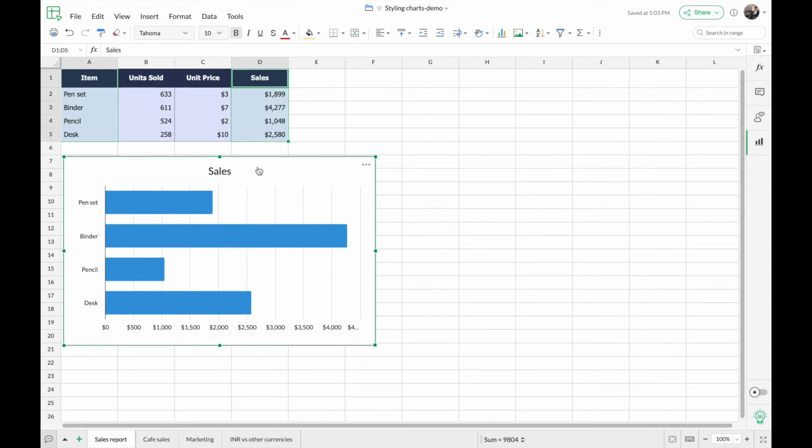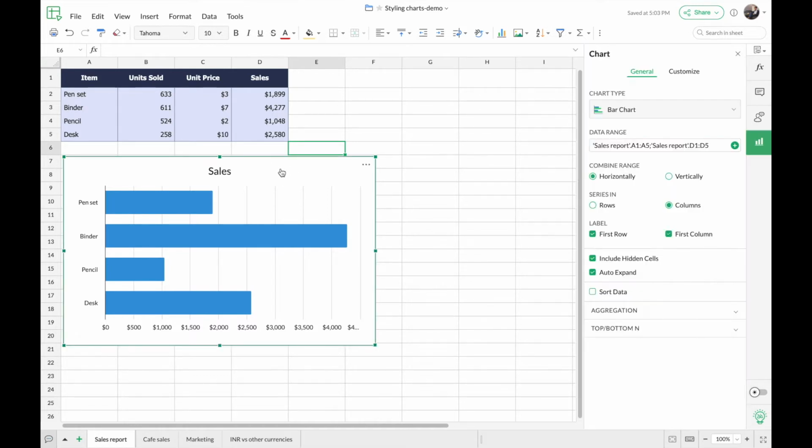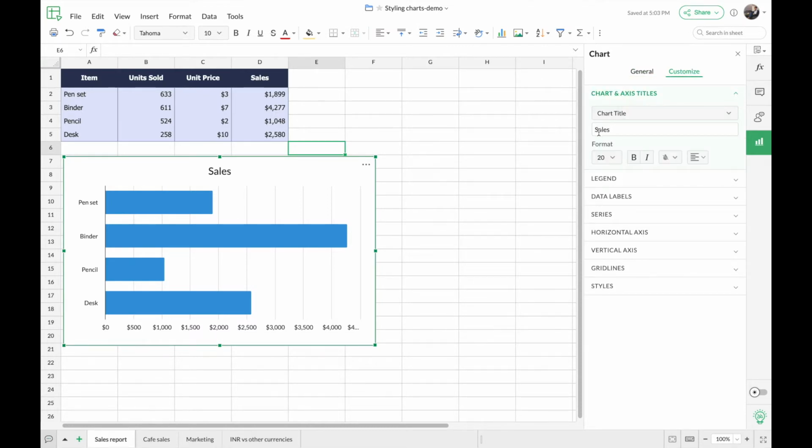So now let's start customizing this chart so that it looks visually impressive. At the same time, the data in this chart is also clearly and prominently represented. So for that, I'm going to open the customization panel for the chart. So you can simply double click on the chart, and that will open the side panel on the right with all the customization options that's required for your chart. So first up, I'm going to start with the title of the chart. So here, I'm just going to make a small tweak to it, and I'm going to change the alignment of the title as well, so that the title is not distracting the actual graph in the center. And once that's done, let's start designing the chart.